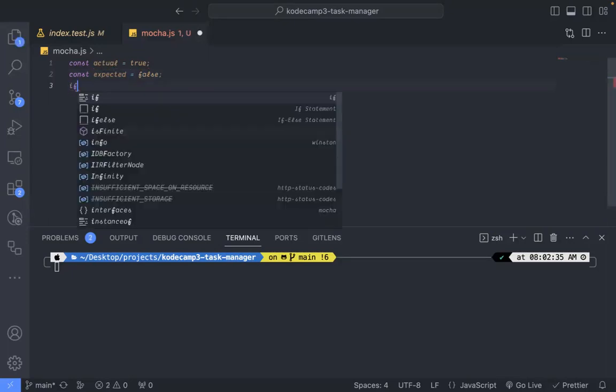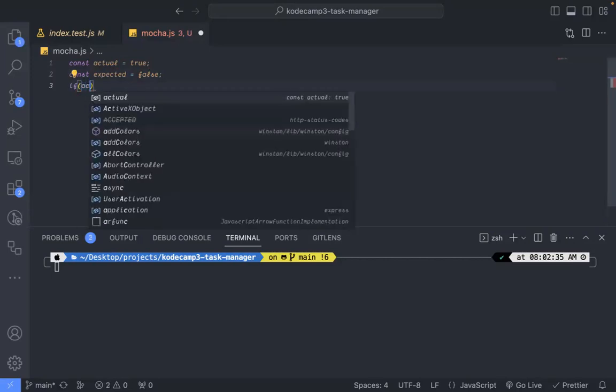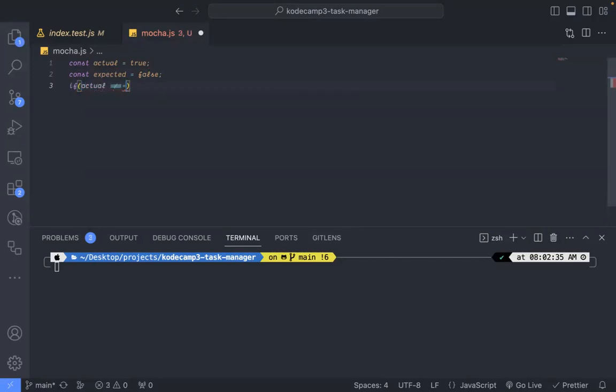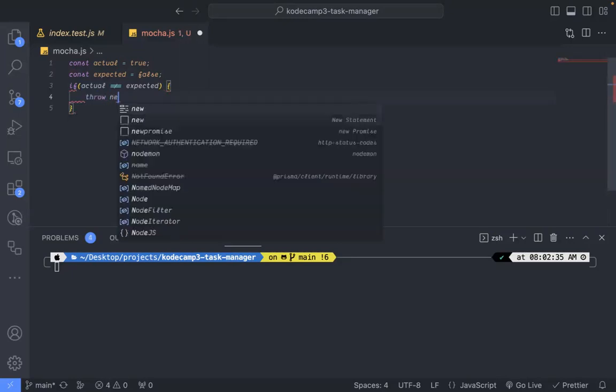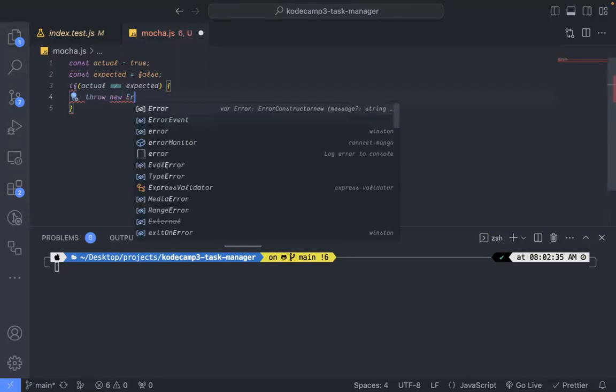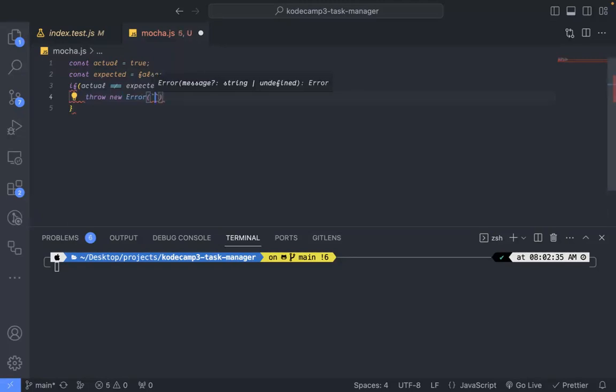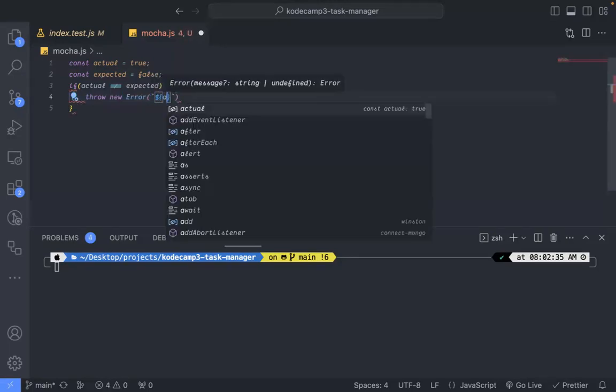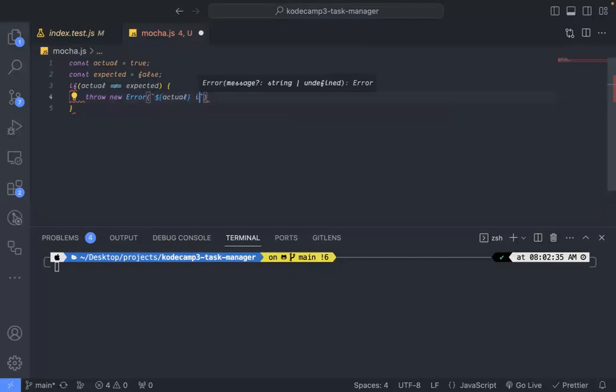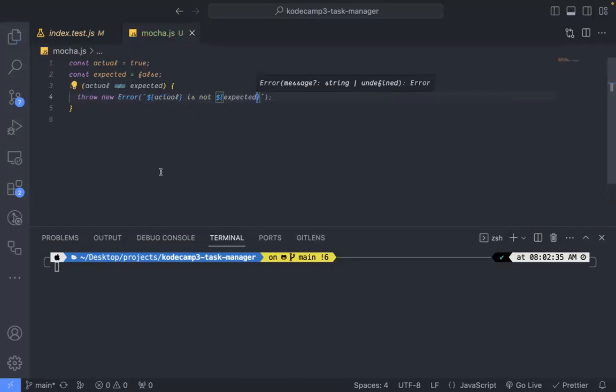And we say if actual is not equal to expected, throw new Error, saying actual is not expected. So if you run it with NodeJS,